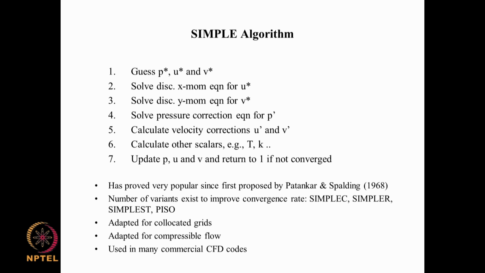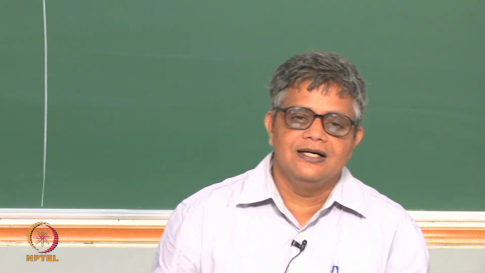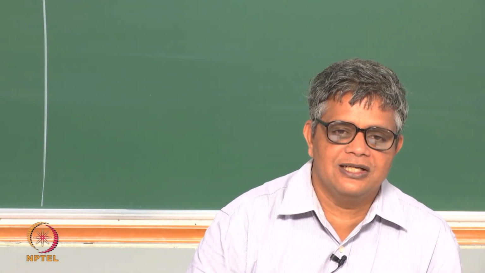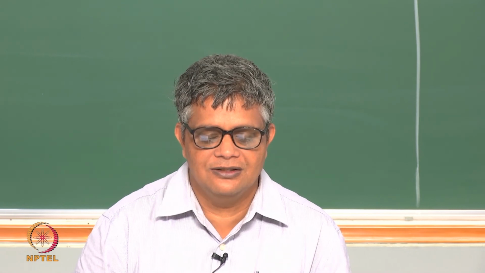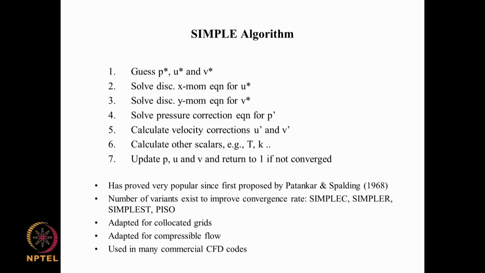So, we can see that we have a number of special methods for the solution of incompressible flows. In the next tutorial class, we will make a flow chart for the SIMPLE method, both for steady flows and unsteady flows, and see how we can conceptualize an overall scheme of solution which keeps in it the concepts that we have discussed in module 3 about solution of the discretized equations. So, those concepts are still there, but in a very hidden form, and we have to do much more before we can solve the coupled equations. So, this is an illustration of that. Okay.